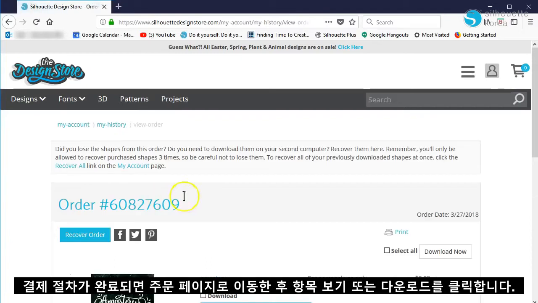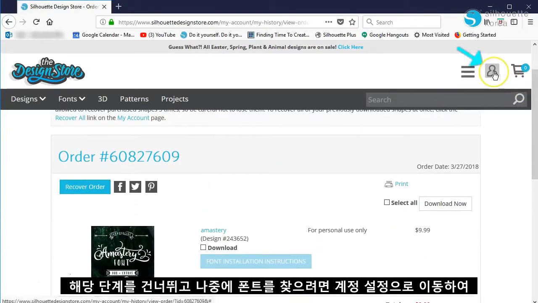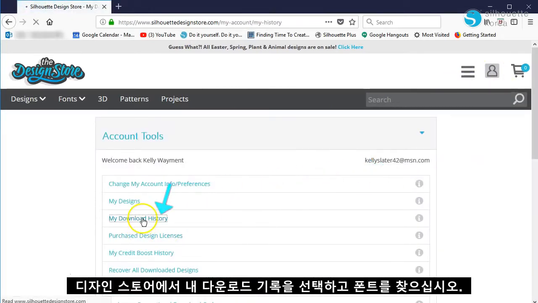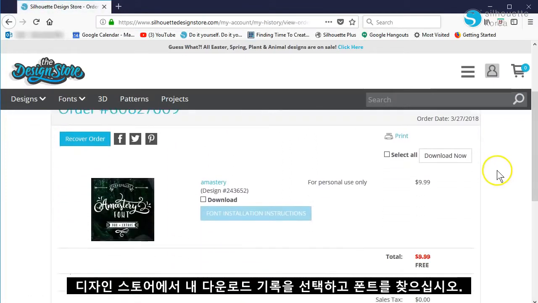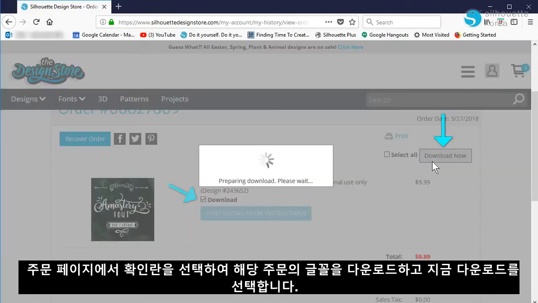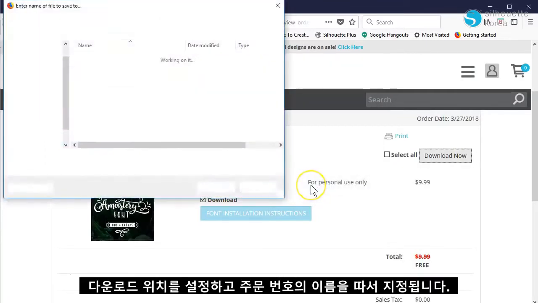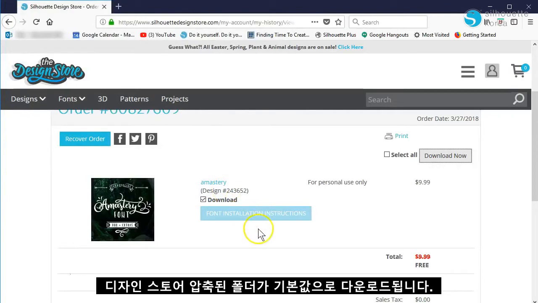This takes you to your order page. If you skip that step and want to find your font purchase later, go to your account settings in the Design Store, choose My Download History, and find the order with your font or fonts. On the order page, check the box to download any fonts from that order and choose Download Now. A zipped folder will be downloaded to your default download location, and it will be named after the Design Store